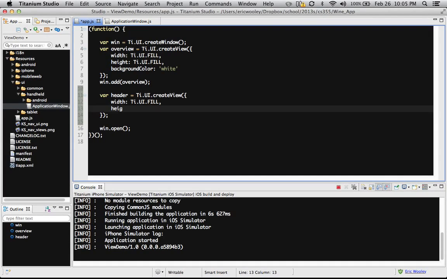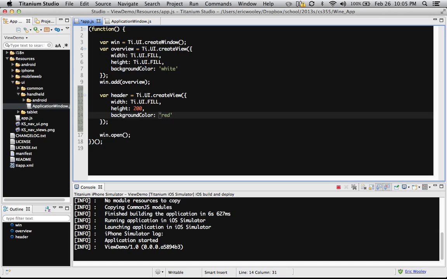And I'm just going to do a height of 200, and a background color of red,